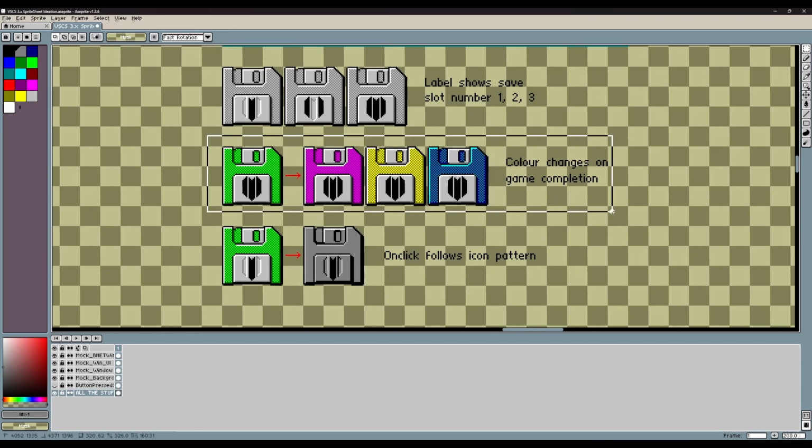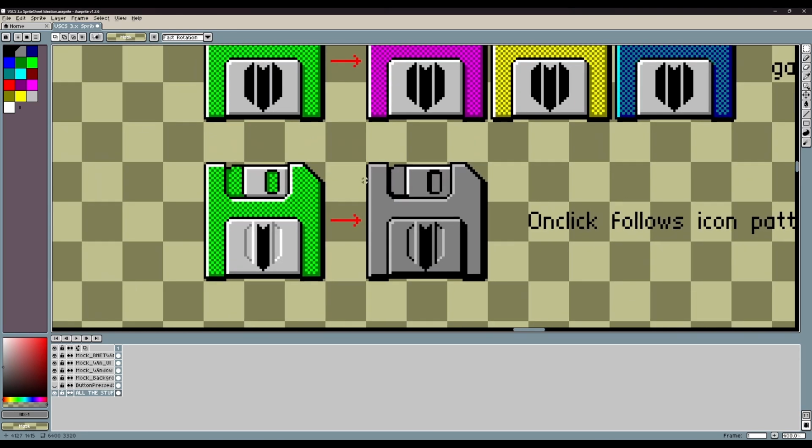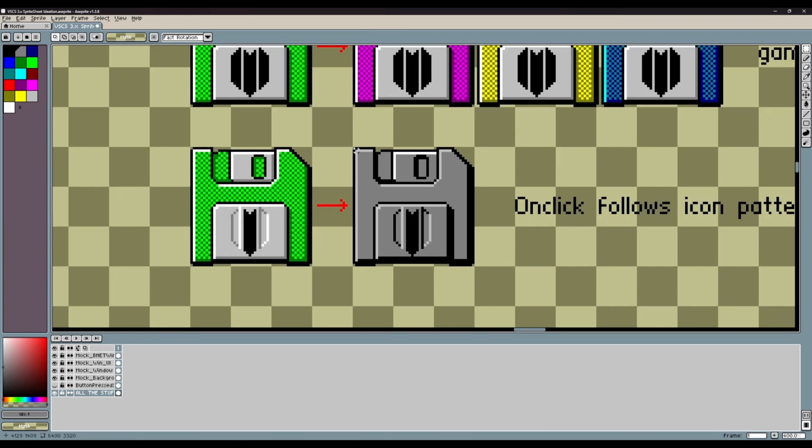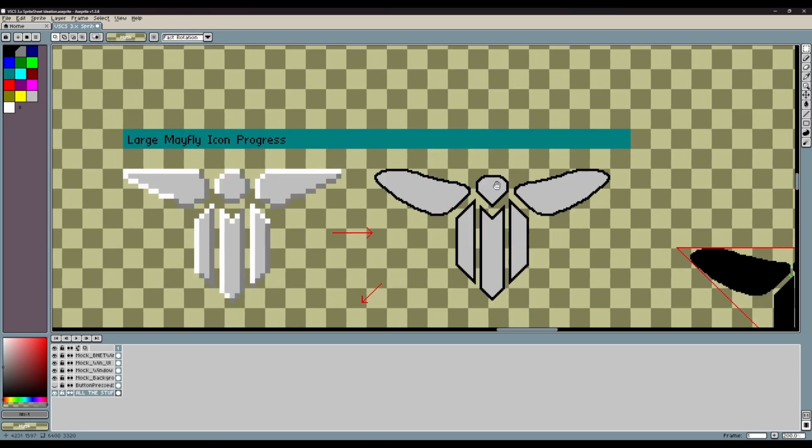And then, yeah, I think putting all these together, if the save file changes when you complete the game, I might not actually do that, but I think that's an interesting idea, so I threw it in here. And then just calling out that this follows the same pattern as I've been following for other icons in the game, the usual 32 by 32 icons. These are obviously a bit bigger, but they tend to look really flat and dark gray when clicked because you only see it for a moment there. Okay, cool. I feel like I got my thoughts across there, so let's move on.